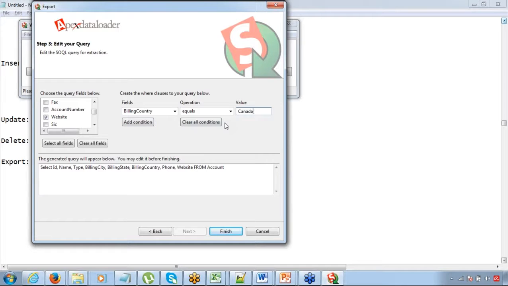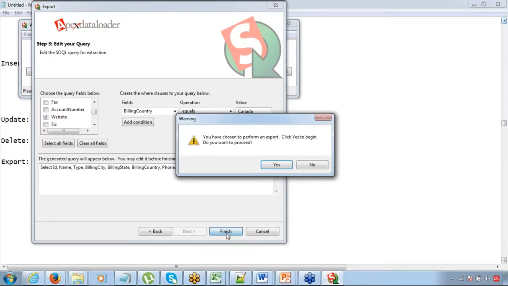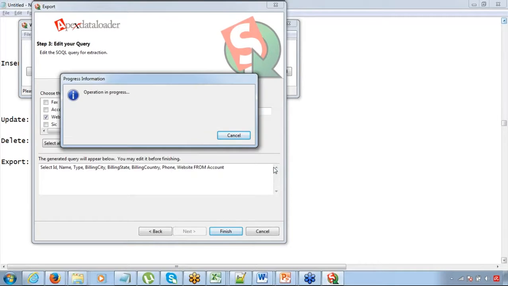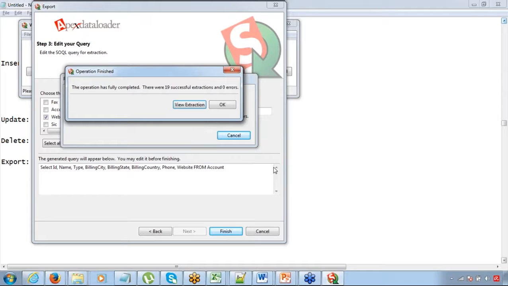Okay, but I'm not going to put the condition because I'm not very sure if we have data from any of these conditions. I'm going to put it right now, but you can add those conditions and then just click on finish. Okay, sure you want to proceed? Yes. So now it will create that extract.csv in the location that you defined, and extract.csv will have all these